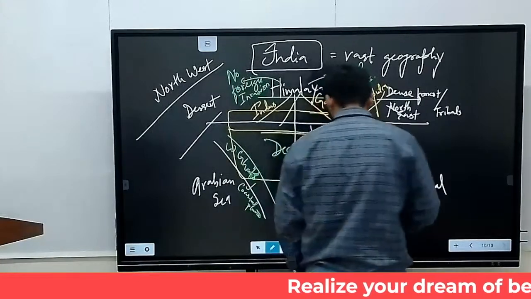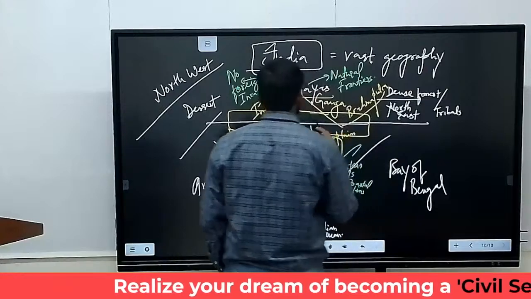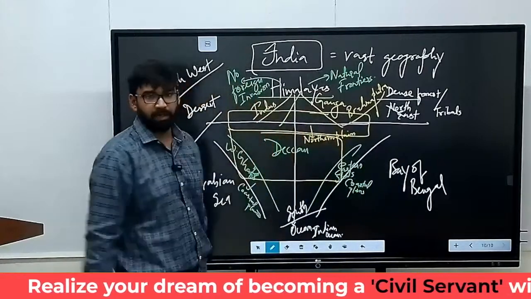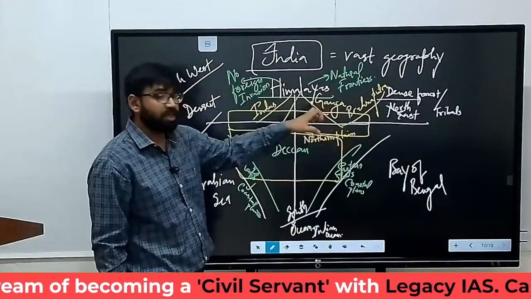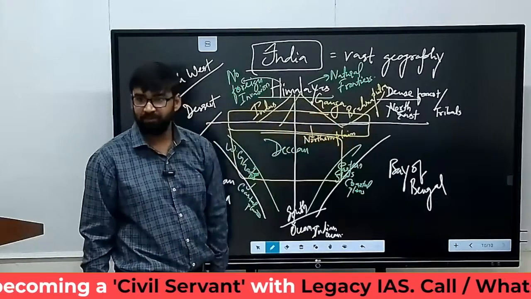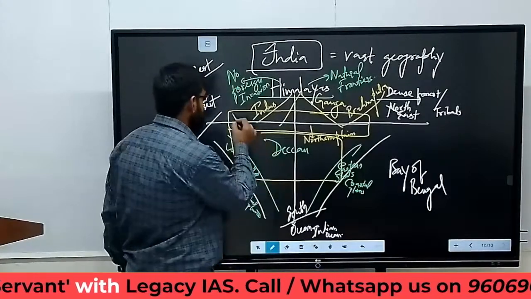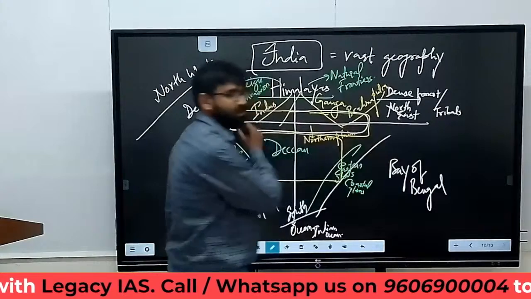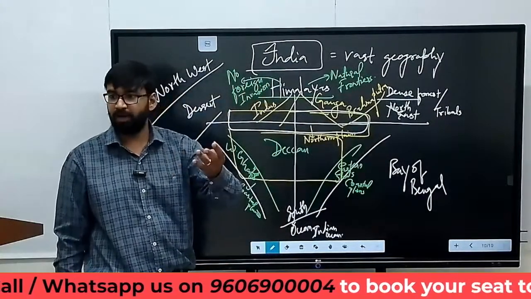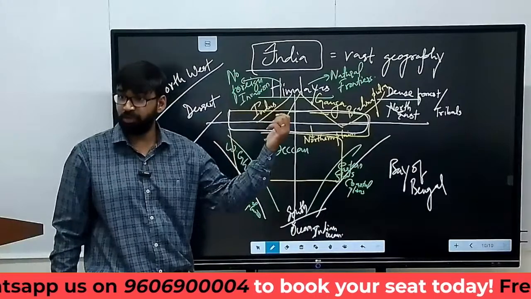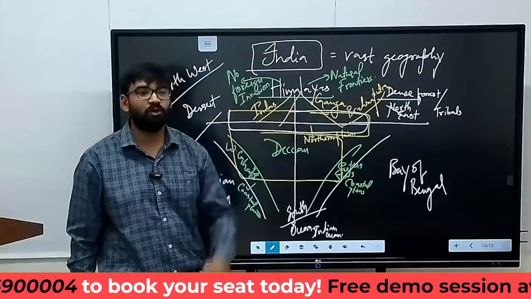Now, another important area is the northern plain. Himalayan rivers come into this area, so this region is fertile in nature. That is why this region is rich in agriculture. Northern plain: Punjab, Haryana, UP. The Green Revolution took place in this area only. Clear? Because of its geography.